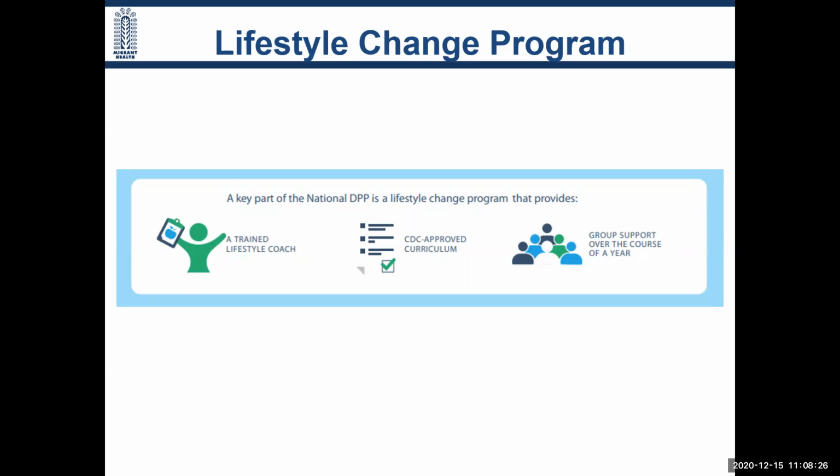So we know that for diabetes prevention and lots of conditions across the healthcare spectrum, having group support is very powerful in helping people to move forward with conditions, and particularly in conditions where we're looking for behavioral change. Having people who are going through the same thing, who are on the same journey for health, there to support and sometimes commiserate and help to overcome the challenges that can occur along the way is very powerful. So that's a really important component of the lifestyle change program.